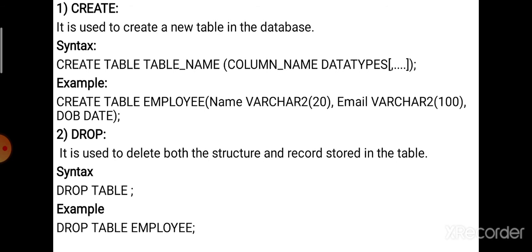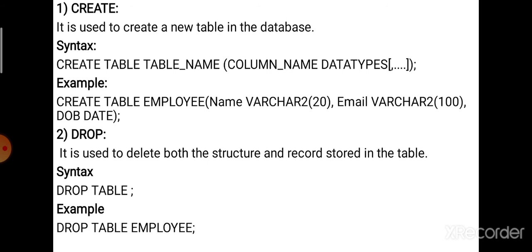And then email has the data type varchar with size 100, which means we can give 100 characters for the email. And then date of birth, the data type of date of birth is date. So this is the example for the command create.